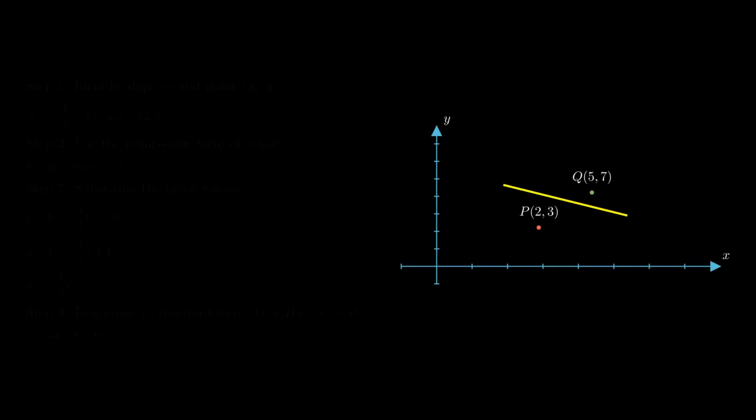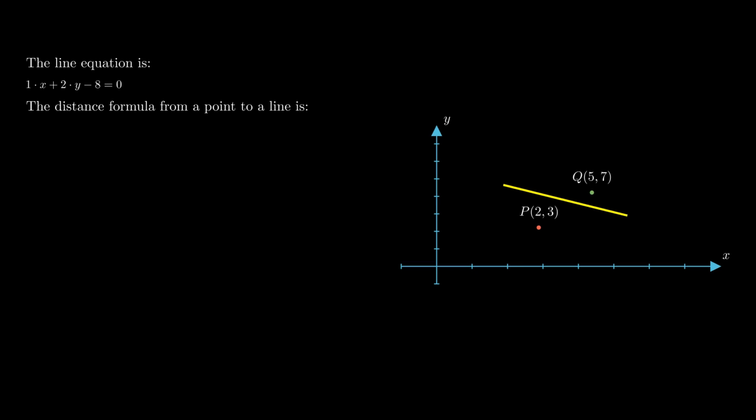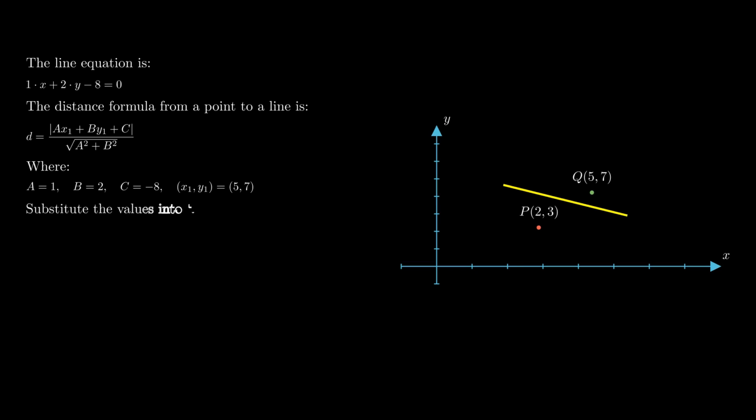To calculate the shortest distance from point (5, 7) to the line x plus 2y minus 8 equals 0, we use the point-to-line distance formula. Identifying values, a equals 1, b equals 2, c equals negative 8. x1, y1 equals (5, 7). Substituting into the formula, d equals the absolute value of 1 times 5 plus 2 times 7 minus 8,